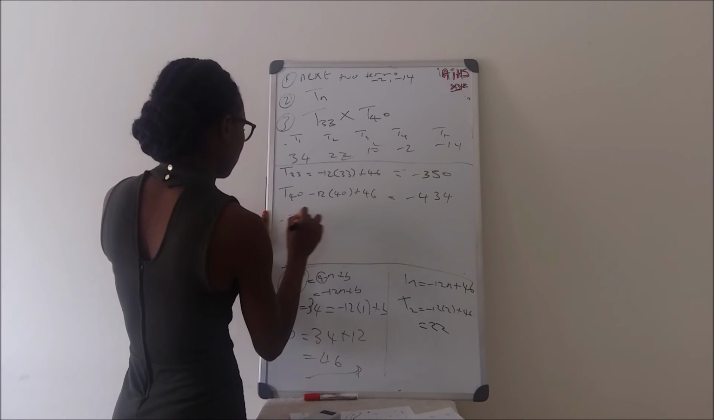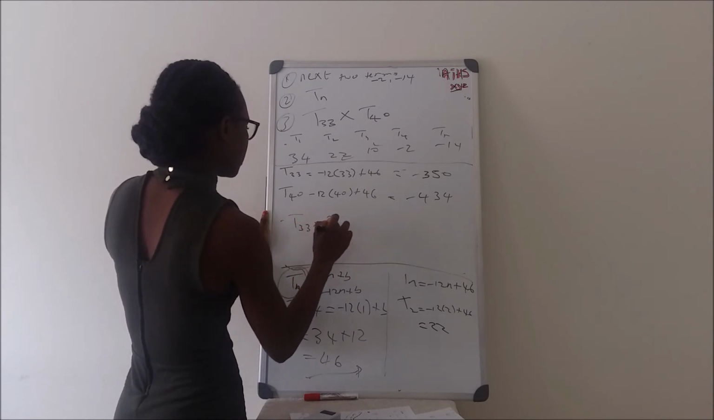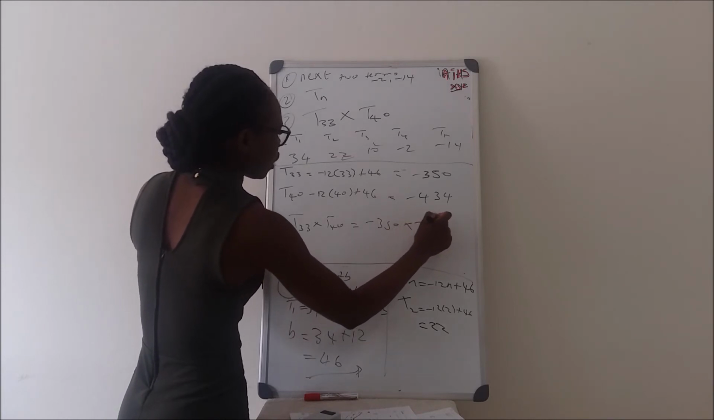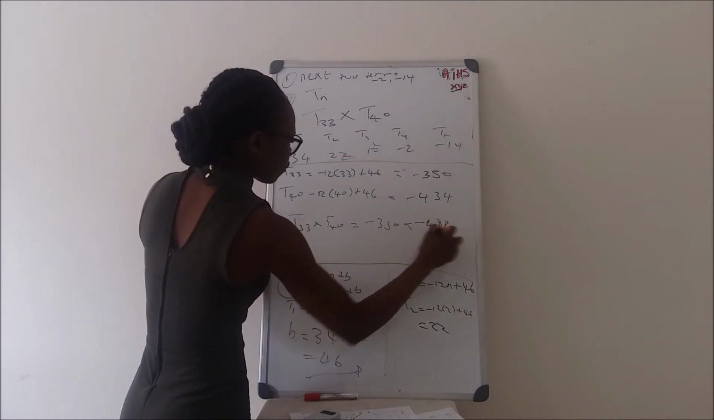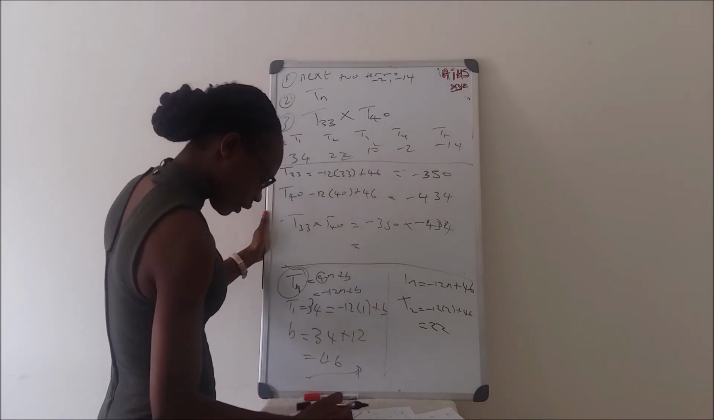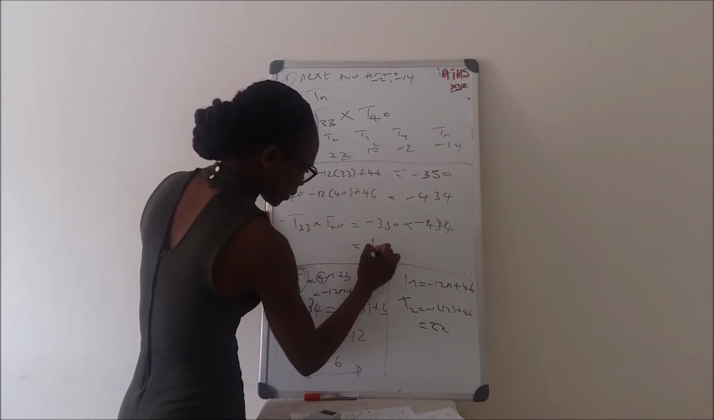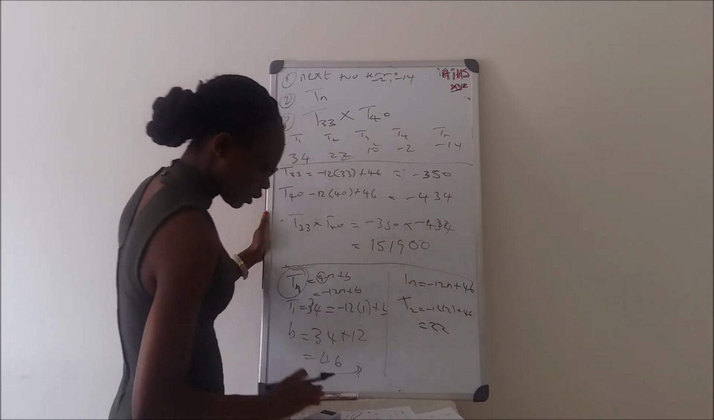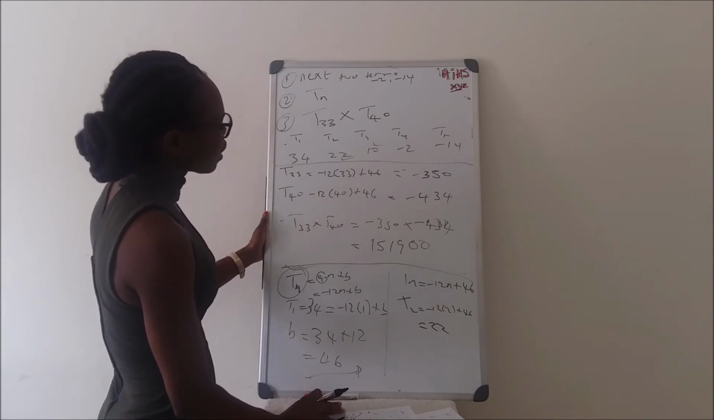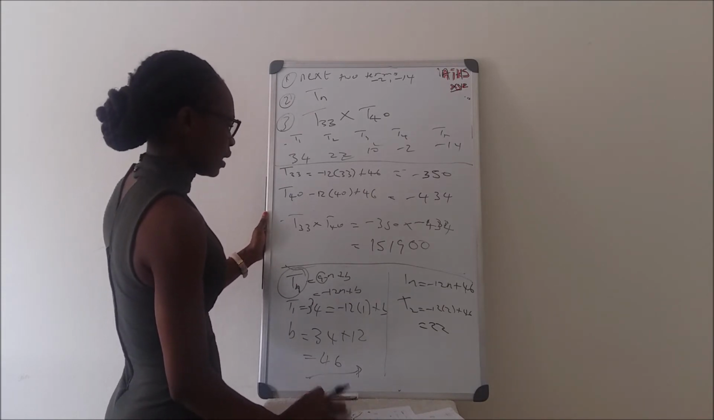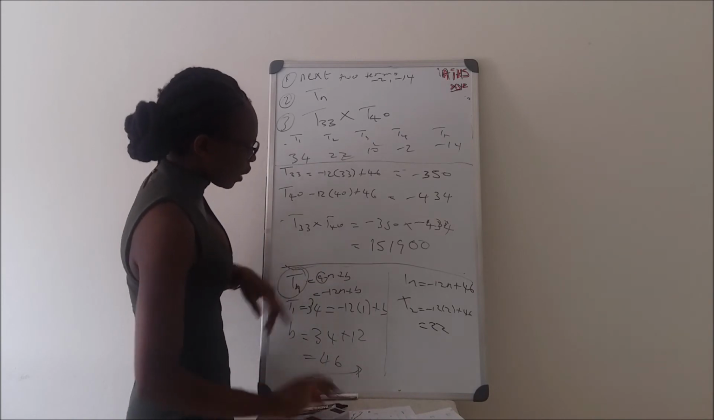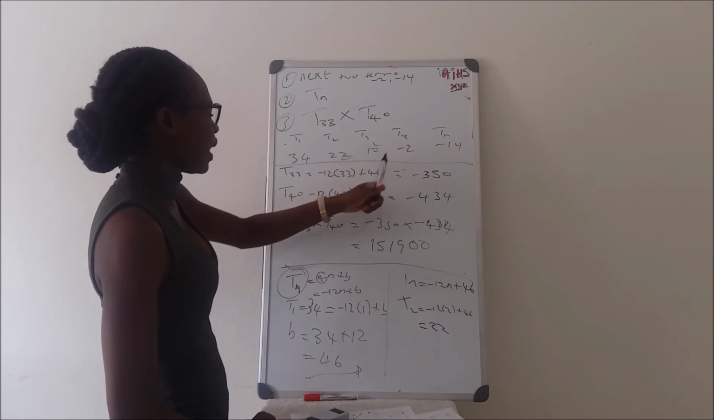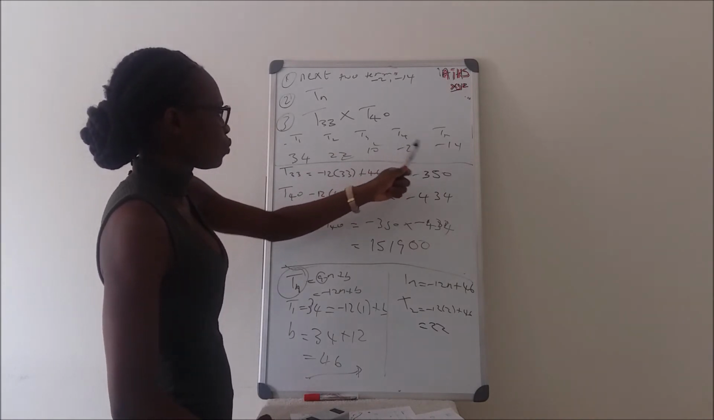So the answer T33 multiplied by T40 is negative 350 multiplied by negative 434. So this one multiplied by negative 350 will give us positive 151,900. All right. So quick recap: we had this pattern 34, 22, 10, and we found the next two terms,